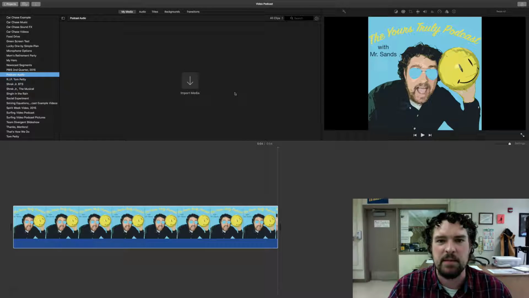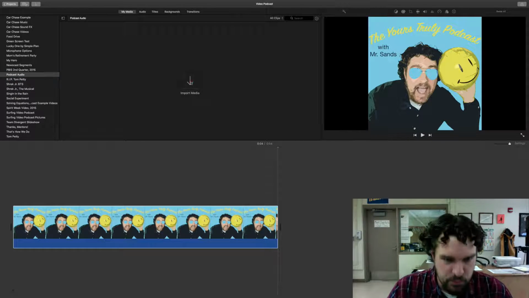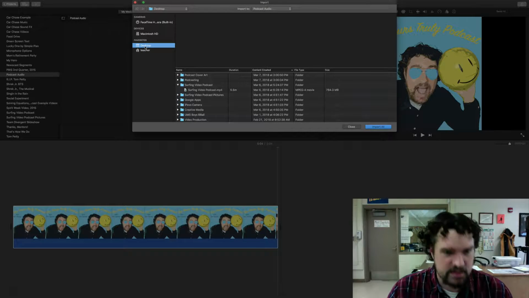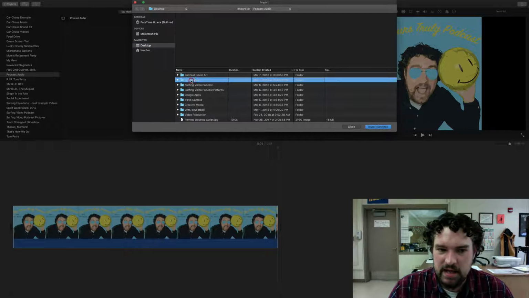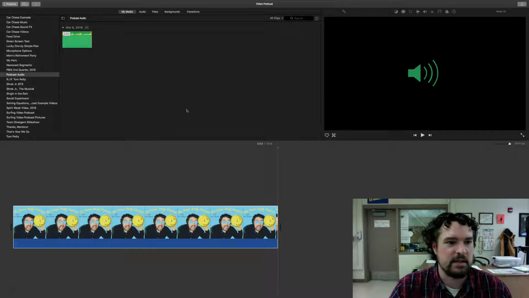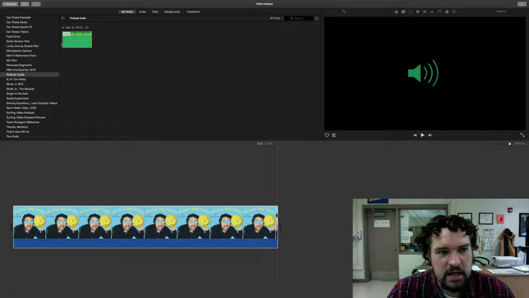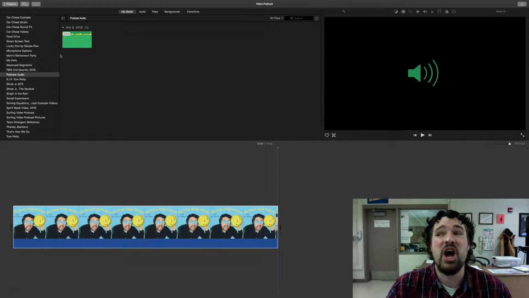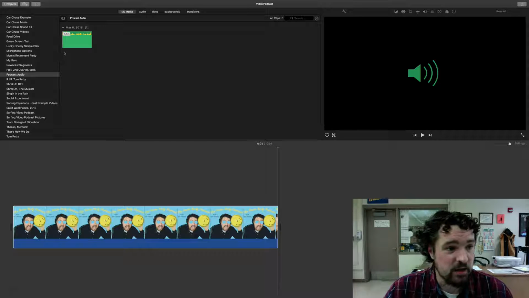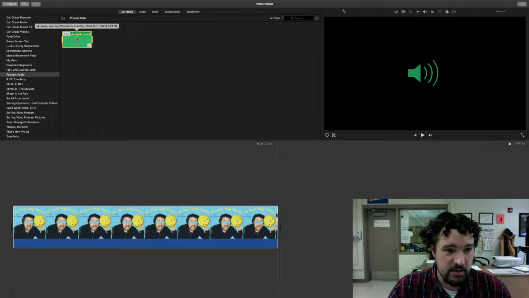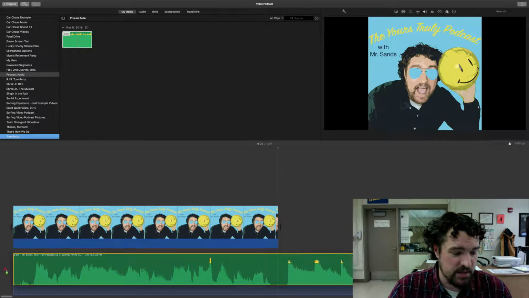Let's go ahead and actually import it by selecting the file. Import media. It's on the desktop, and it is in the folder that should say podcasting. And if I look in it, there is my file, import selected. Now this is a green audio wave file. So you see that if I click it and drag it and drop it down in my timeline,